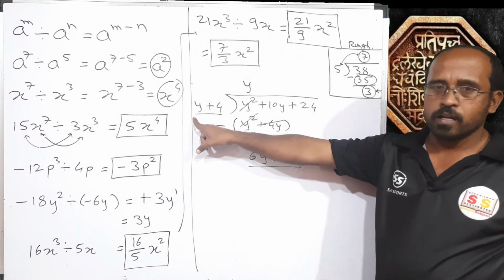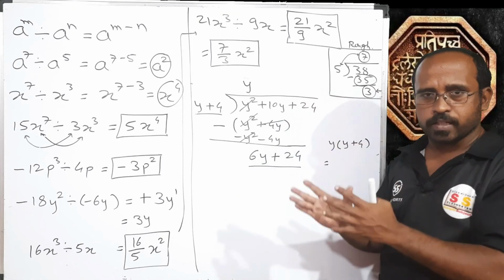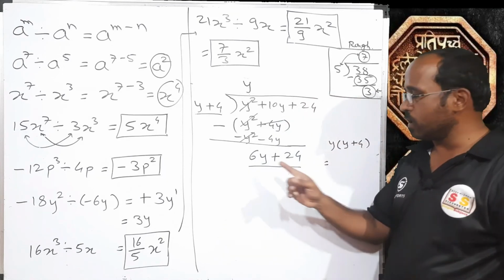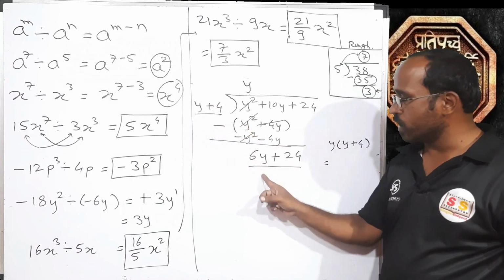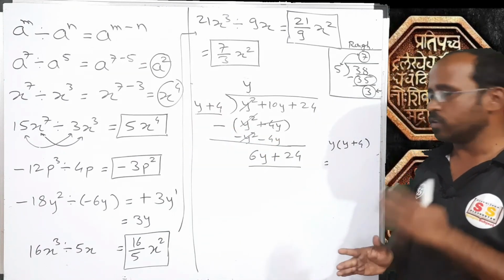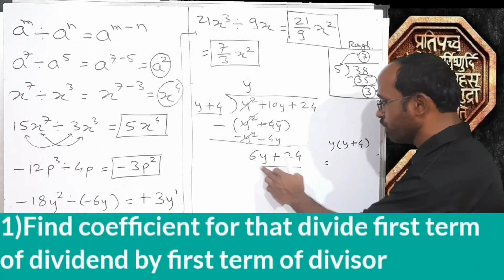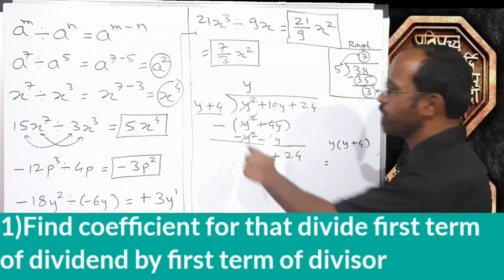So we can continue the same process of finding quotient and subtracting their multiplication unless and until the degree of this is greater than or equal to the degree of this. So here the degree of y and the degree of 6y are the same. So we can continue the division. So let's continue. What do we have to do to continue the division? We have to find the quotient.